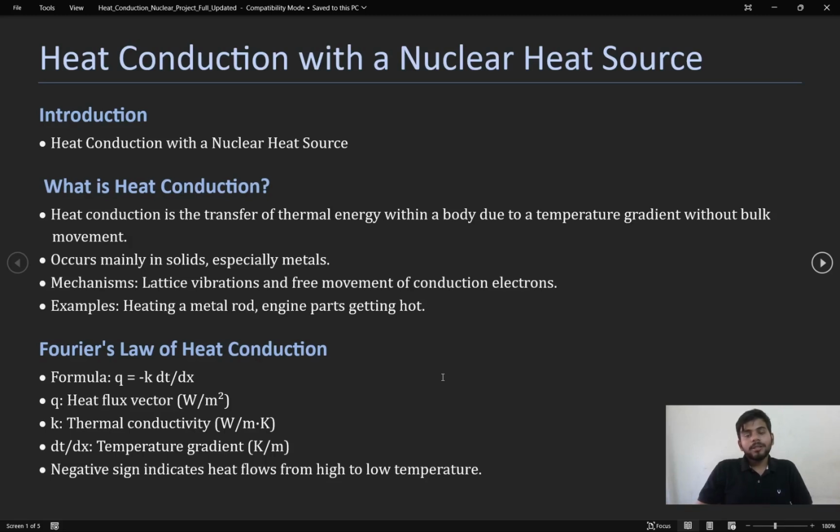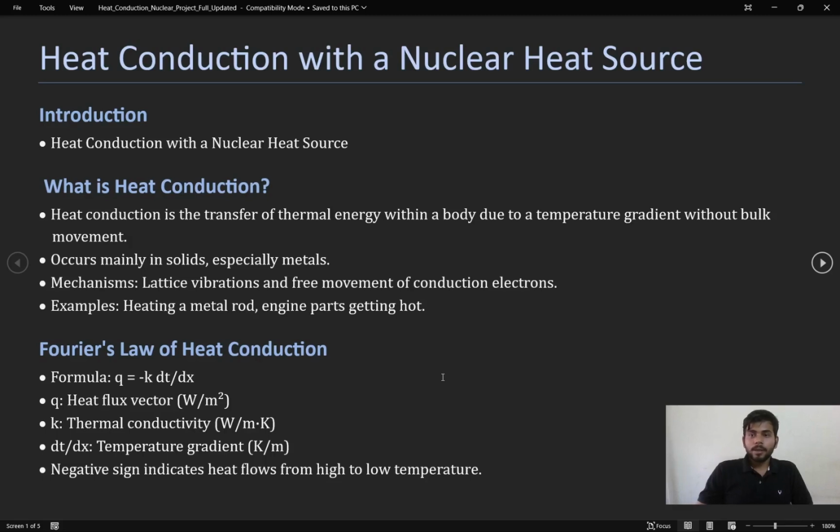So, heat conduction is one of the ways of heat transfer from one place to another place. There are mainly three ways or three modes by which heat can be transferred from one position to another position. These are by conduction, by convection, and by radiation. The first two modes require a medium for heat transfer, while the third way does not require any medium for heat